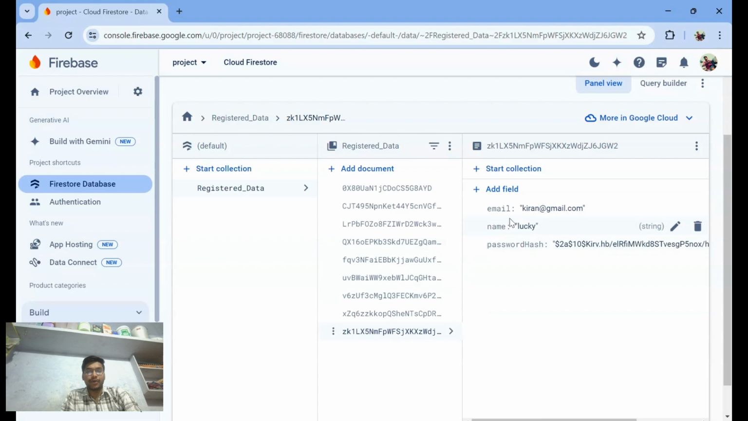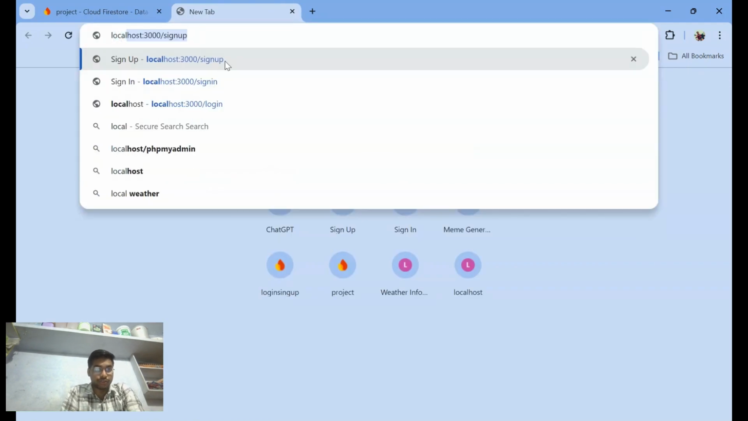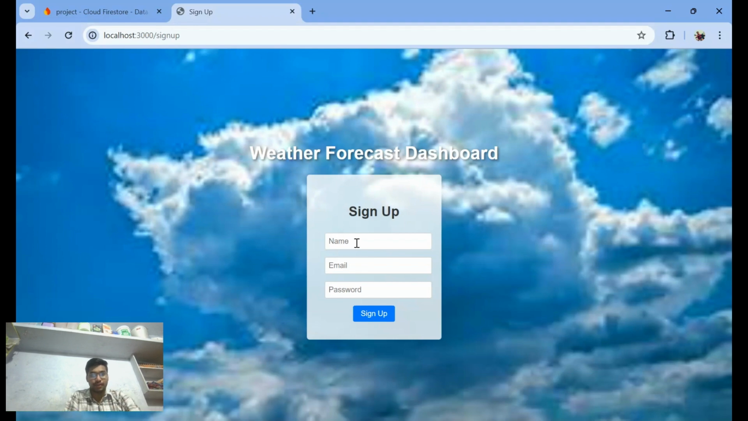In the command prompt I have run the index.js file, and it printed the statement that the server is running on port 3000, and this is the database where after sign up the details were stored, and this is the hashing of the password we can see. And let us go to the route localhost 3000 sign up, and this is the sign up page. Let us give a name and a mail. Let us give some random password,